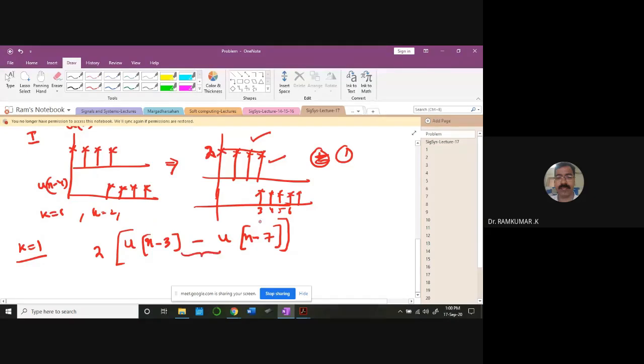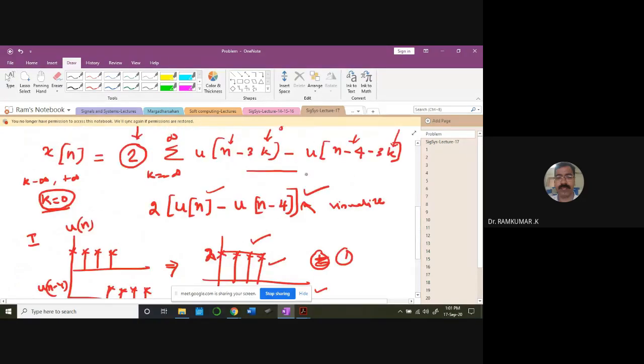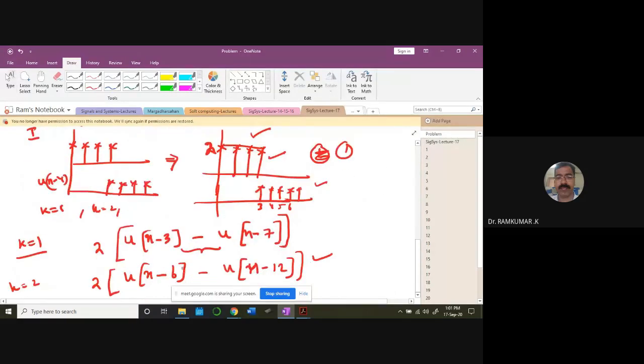It's the difference. So then you have to add these two in order to get the next value. You don't add, keep it. Finally, you can add all those. Then you go for the next one, k equal to 2. That's going to be u of n minus 6 minus u of n minus 12. Take it out. 4 times 3 times 2 is going to be 6. Minus 4, minus 6, minus 10. Okay, for k equal to 2.